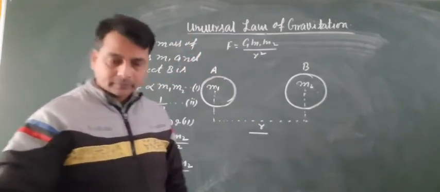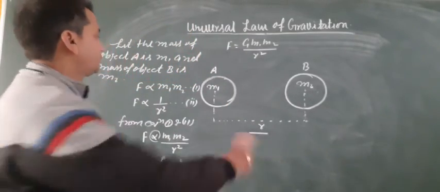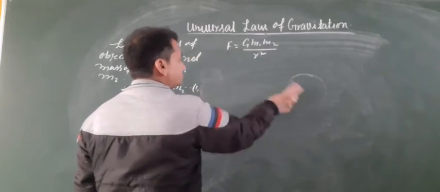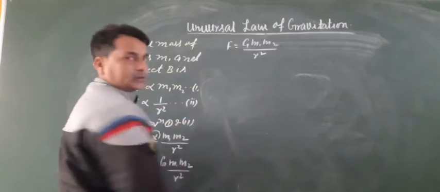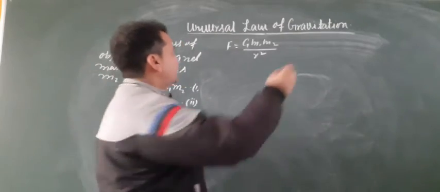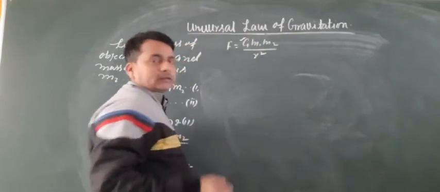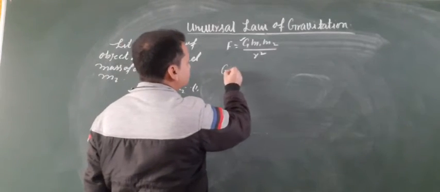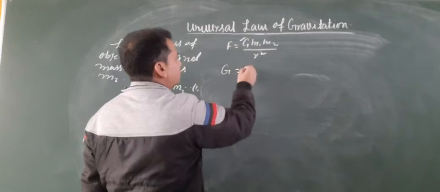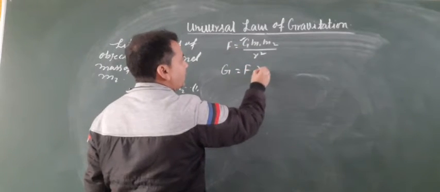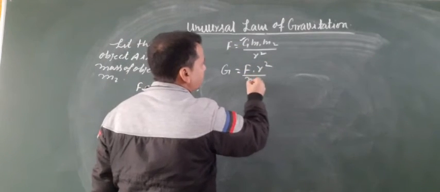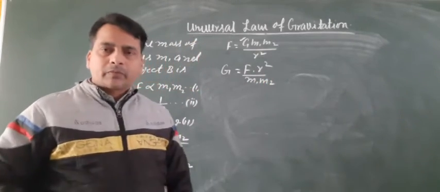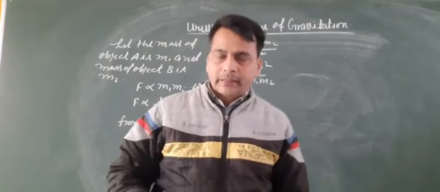Then gravitational force, and here is the gravitational constant. Then gravitational constant equal to G, F into R square by m1 m2. Here the value of the gravitational constant is